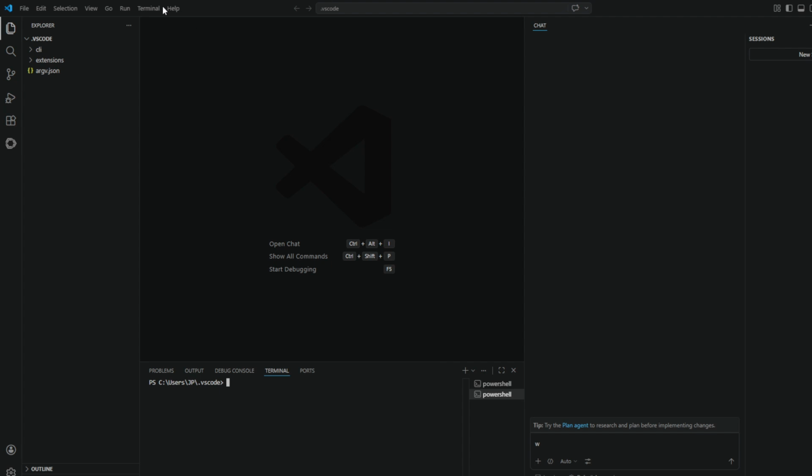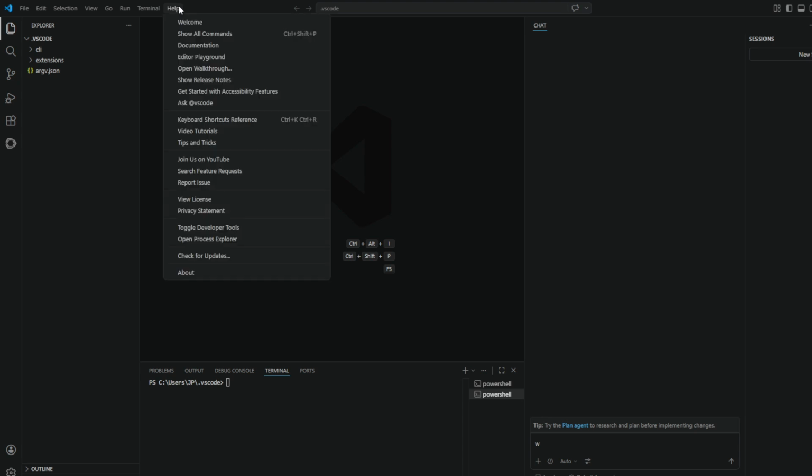First, go ahead and open Visual Studio Code on your computer. You can do this the way you normally would, for example, by clicking the Visual Studio Code icon on your desktop, in your taskbar, or from your Applications menu. Wait a moment for the program to launch fully so that you can see the main window with your editor,